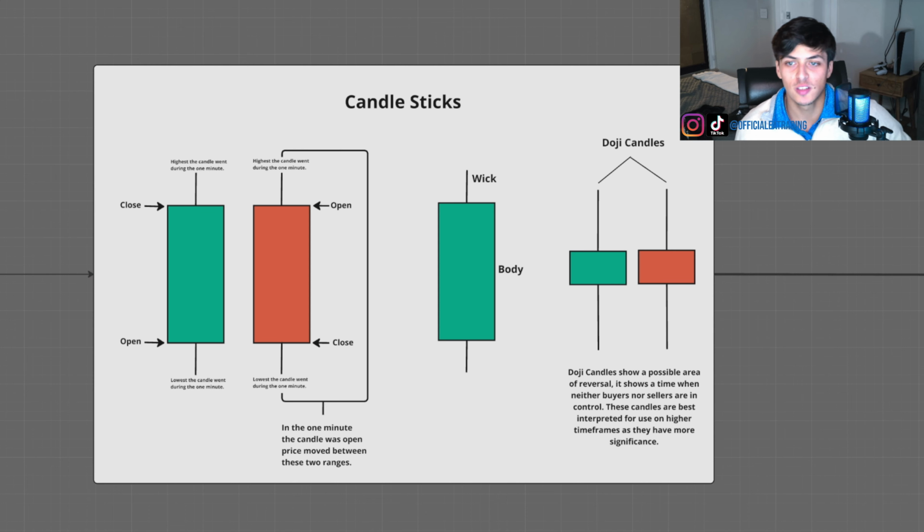So the first thing I want you guys to understand is how a candle is a candle, right? Like what even is a candle? A candle is composed of two things, a body and a wick. As you can see here, the rectangle is the body, the wick is the string cheese looking type of thing. You got the wick on top and the wick on the bottom. Doesn't always mean that there's going to be a wick on either side, right? A wick is just the range that price moves in between the time of the candle being open and closed,